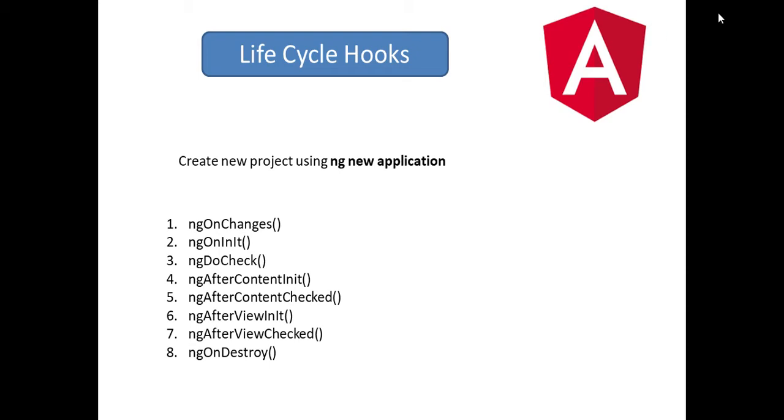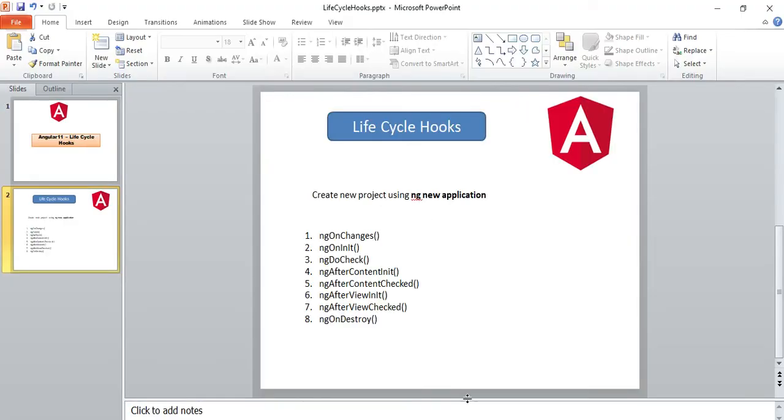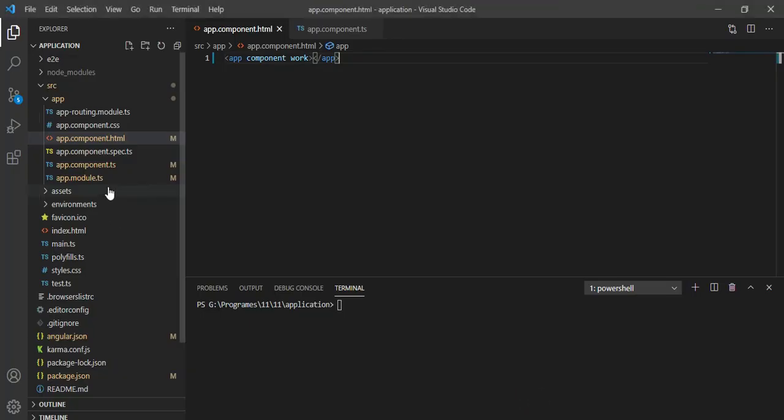Before that we need to create one Angular 11 application using ng new application. So we'll go to Visual Studio and we'll see the files. These are the default files after executing ng new application. This is my app name, so you can put any other name. When you create the project, the app module is created by default, so we can add one component: g for generate, c for component, I'll say child. In this way we will add one component. Inside the component we will see the whole life cycle.